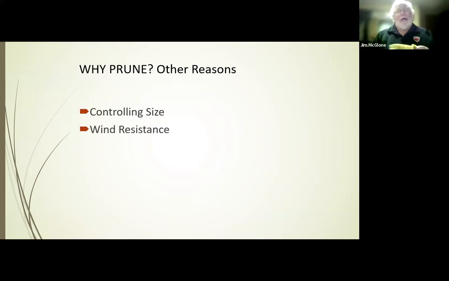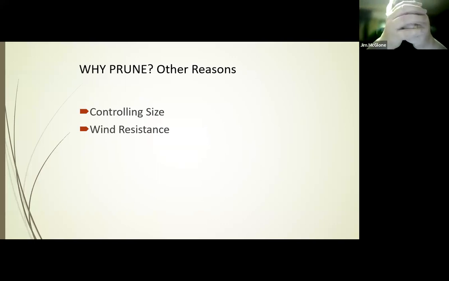Sometimes people will talk about pruning for wind resistance. Excuse me. The science on that is up in the air right now, if you'll forgive the pun. What we are discovering is that this idea of the crown of the tree being a single sail that is resisting the wind or being overturned is wrong, because all of the leaves and twigs and branches are all affecting the wind and the